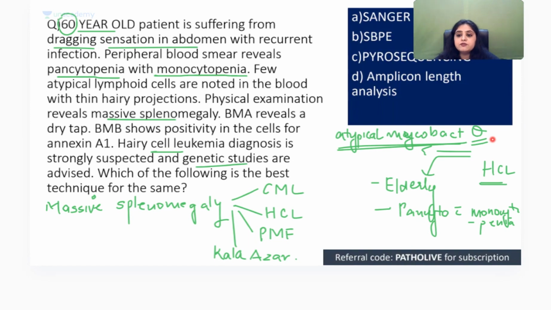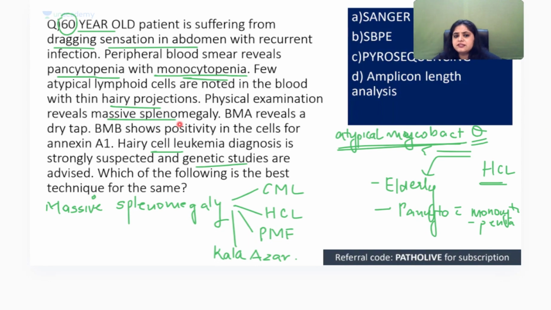Very good. So do you remember photochromogen, scotochromogen? I'm giving you time, always confused. So I'm giving you time for today. Tomorrow I'll post the mnemonic of the day. On YouTube, I'll be posting the mnemonic of the day and I'll tell you how to learn that entire table in exactly 1 minute. It's the easiest table. But I'm giving you time. Put your brain into it. Think of something. Tomorrow I'll tell you. Okay, so now this patient shows you monocytopenia, and that is why we see atypical infections.